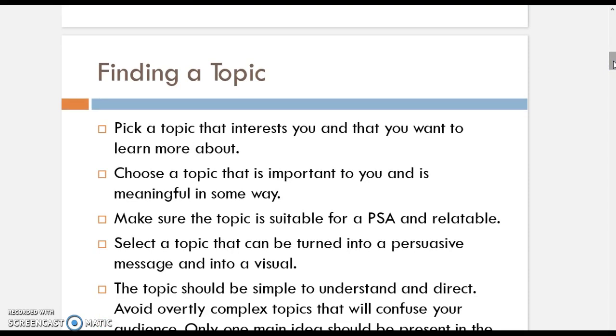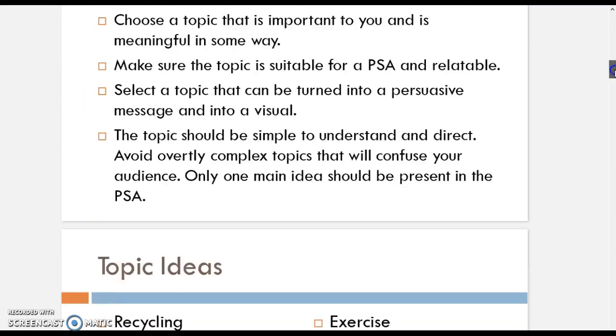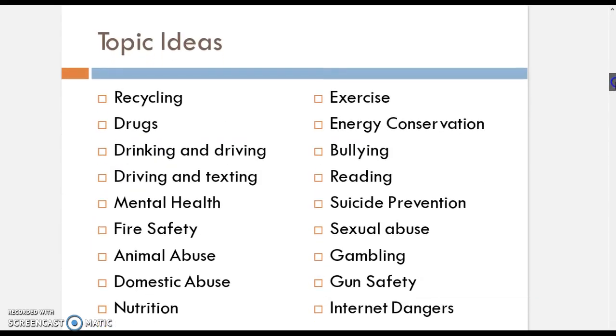Since you are going to be doing a little bit of research on this topic, I suggest that you select a topic that you are interested in, but also make sure that it is suitable for a PSA. So I have some examples here. I have some examples of topics that might work, and as you can see, there are a lot of these examples, right? And for example,